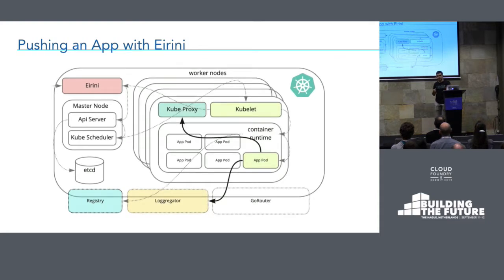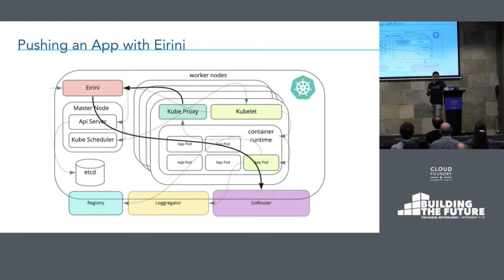And once that happens, it starts pushing the logs out to the log aggregator, and then the kube proxy, which is the other process on the Kubernetes node, rewrites the IP table for the node to make that application instance accessible, and provides that information back to Eirini in the form of labels. And Eirini uses that information to contact the route emitter and tell the route emitter about the application instance, which then sends that information to the Go router and makes that instance available. So with that, you get an instance up and running